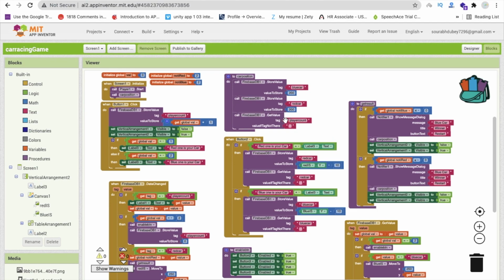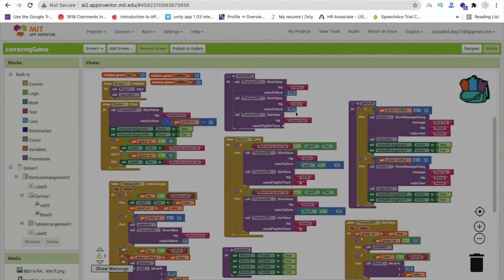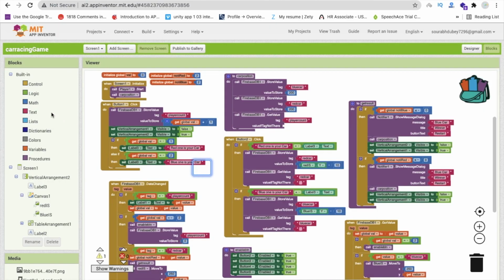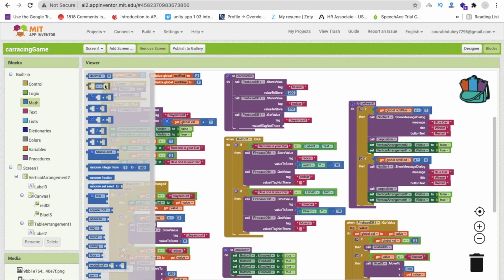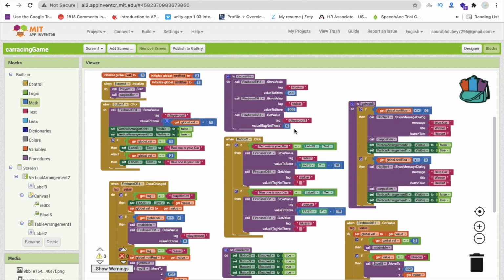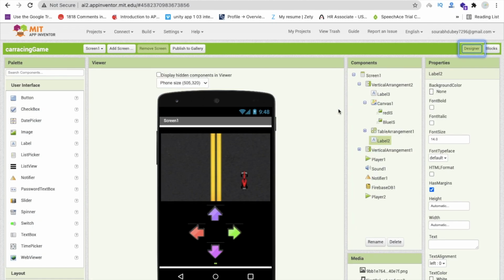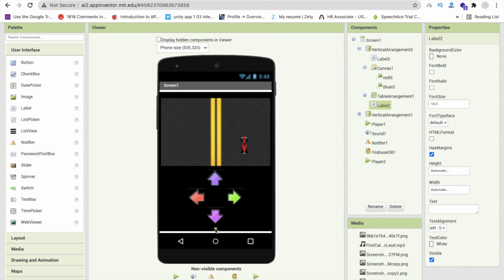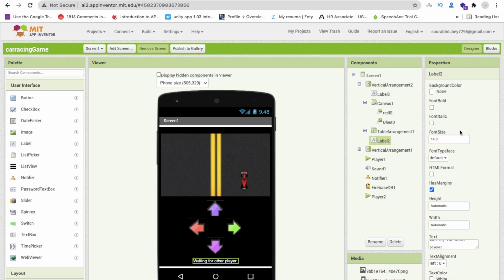So we can see the value, if the tag is not there, we are using a numeric. So I'm going to use the max here and I'm going to use 0, this one. And second thing, go to the designer and we need to change this one. We can set it to label 2 and we need to set here, waiting for other player. Okay, and you can change that font size to around 18.